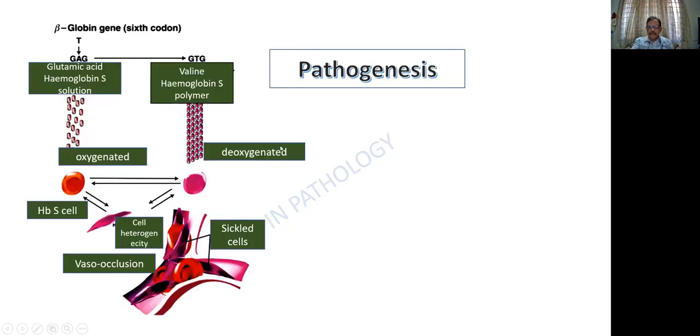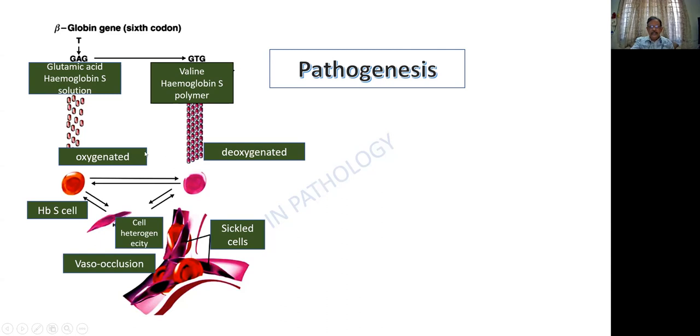This is the pathogenesis that we people should follow. All of us know that there is a substitution of valine for glutamic acid, but that is not sufficient. In the normal beta globin chain, you find that there is the glutamic acid which is getting converted into hemoglobin S, and there is a change. Initially, the hemoglobin S is soluble, whereas after the substitution by valine, you find that there is a precipitation of the hemoglobin S polymer, which is arranged in chains. Normally, this is not